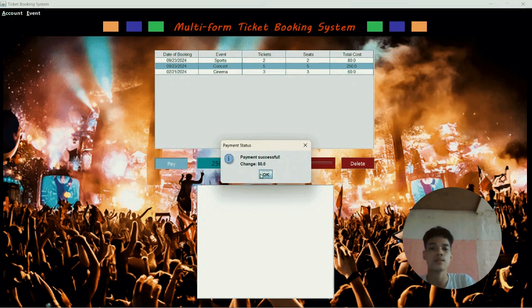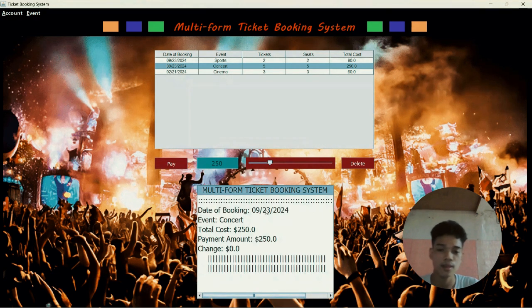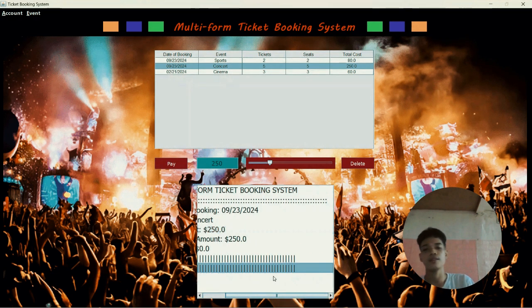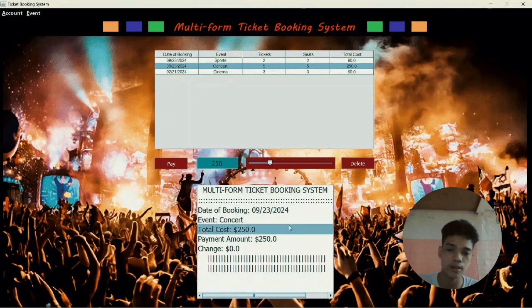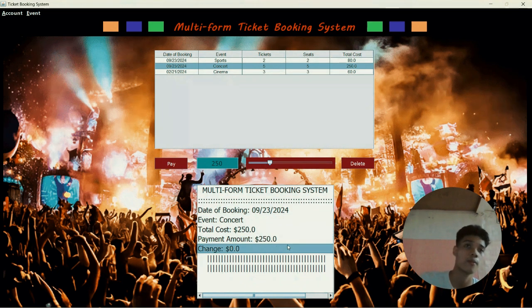So by clicking yes, payment successful, change $0. So it is displayed on our list, which is like a receipt. We have the multi-form ticket booking, the date, the event, total cost, payment amount, and change.